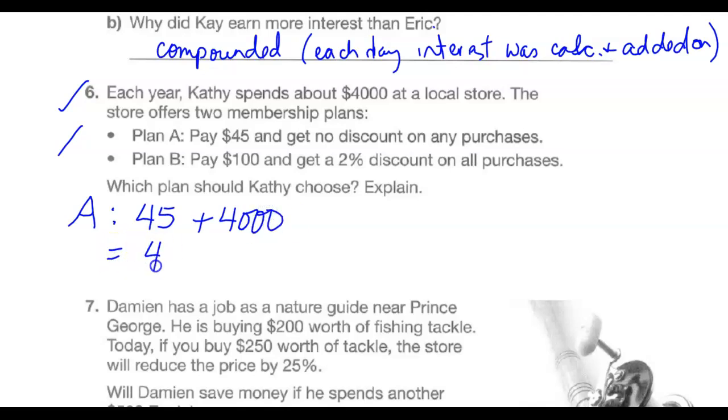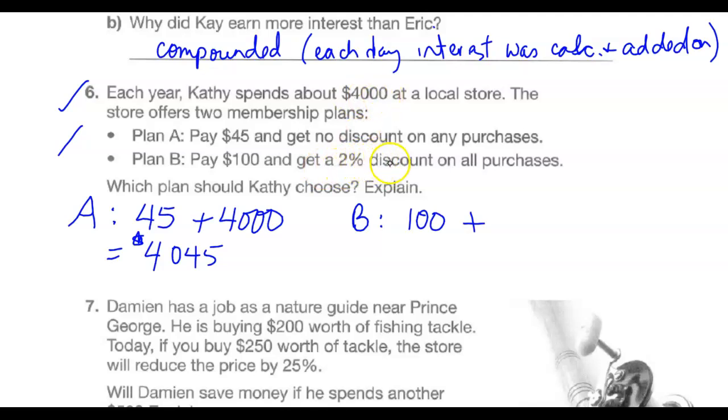No discounts on anything. So overall in the year, she'll spend about $4,045. In Plan B, she's going to pay $100, plus then she'll spend $4,000, but she's going to get 2%